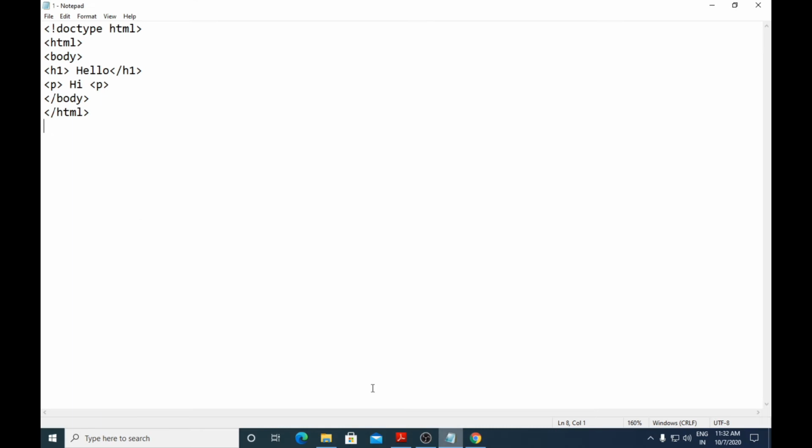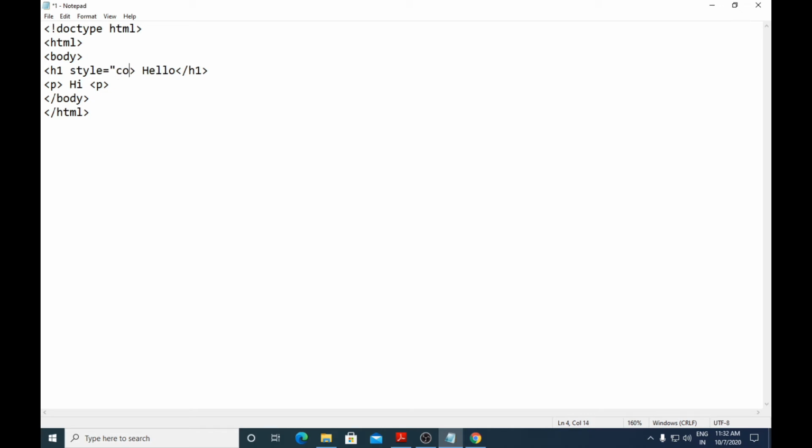If you want to style these elements, what you can do is make use of the style attribute, which we had studied in the location of styles. This is known as the inline style sheet. Style attribute equals value, you have to put it in double quotes.